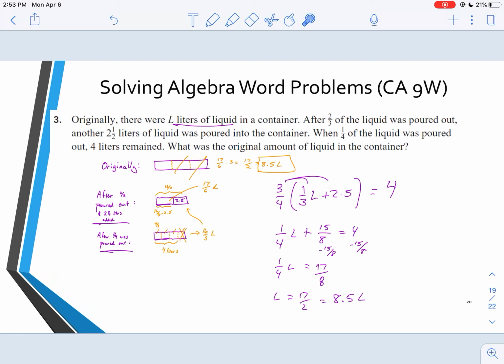And there I've solved it algebraically and with a strip diagram. So I do want you to know both methods. This is probably a more complex problem than you really need to be able to master, but it should